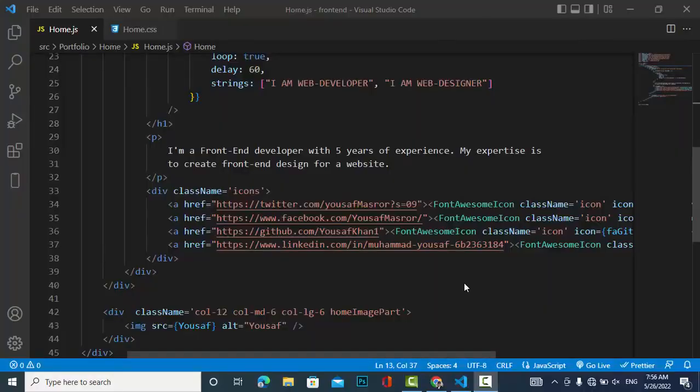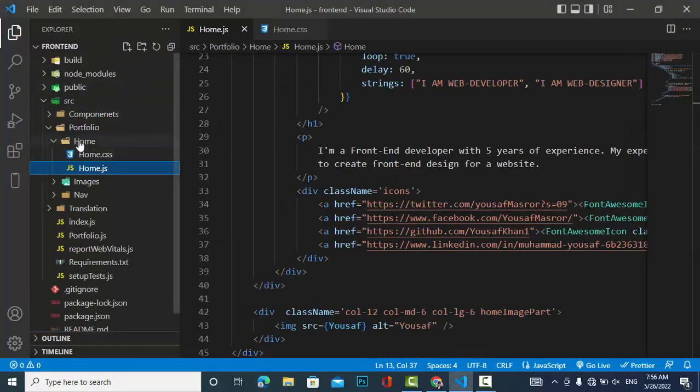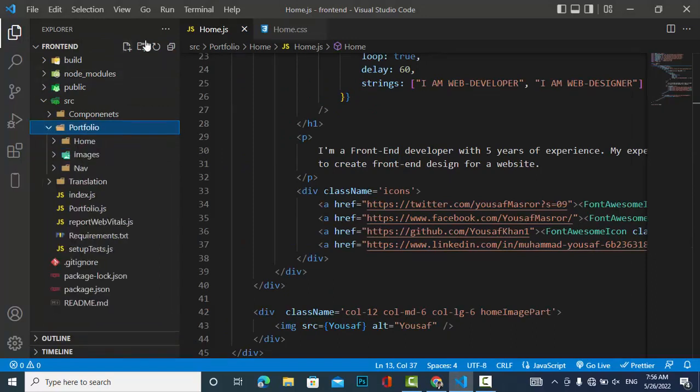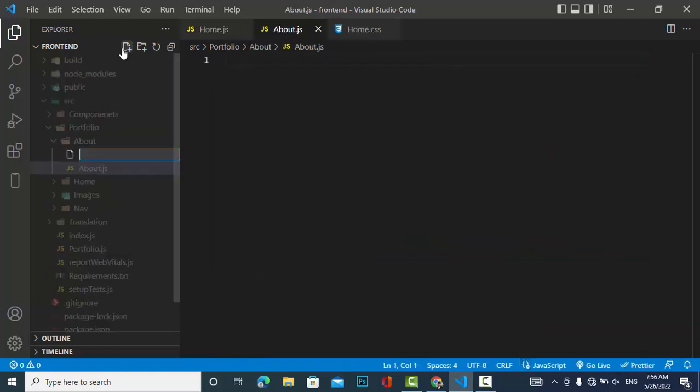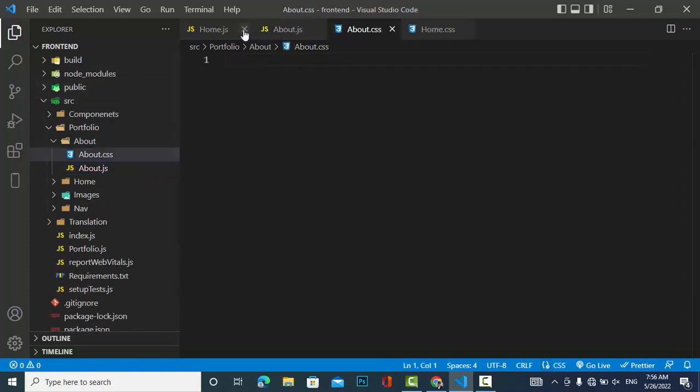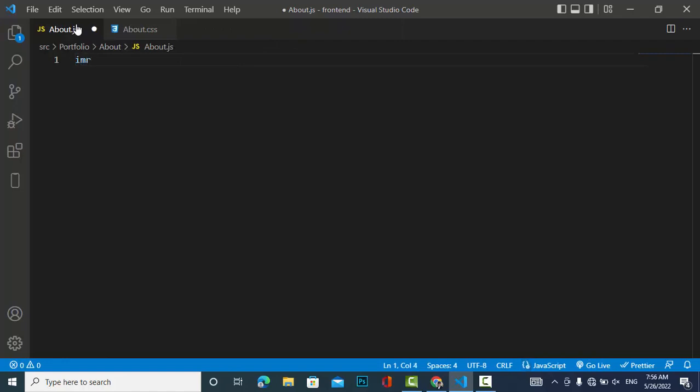Now let's move to the about part. So I will create a folder for about, and also an about.js file and about.css file. So let's start the about part. Here import React and come here to the function About,